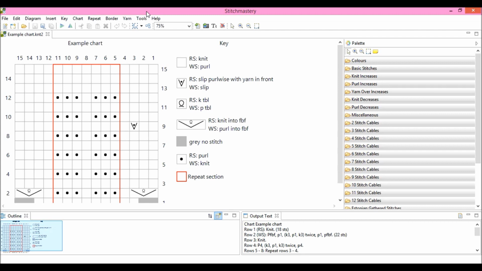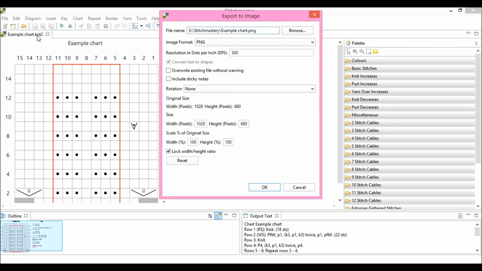So first off, I'll point out I haven't selected anything here in my chart diagram area, and what we can do first of all is export everything that you see into an image file. There are two routes to do this. In the icon menu here you'll see there's an icon with a camera, and when I hover over you get the text export to image, or if we go to diagram you get the same camera and export to image.